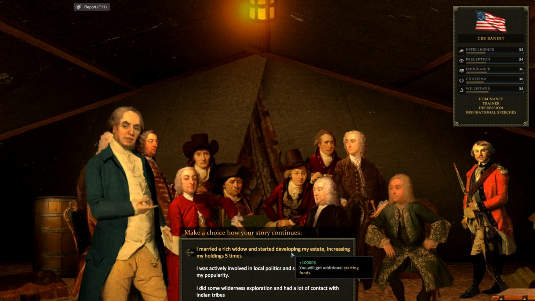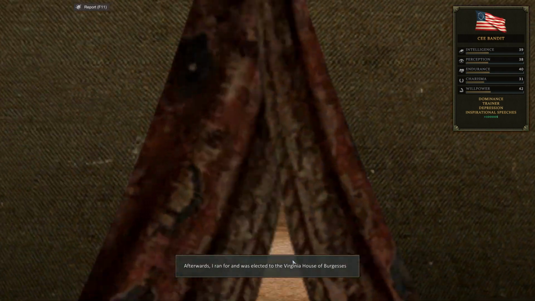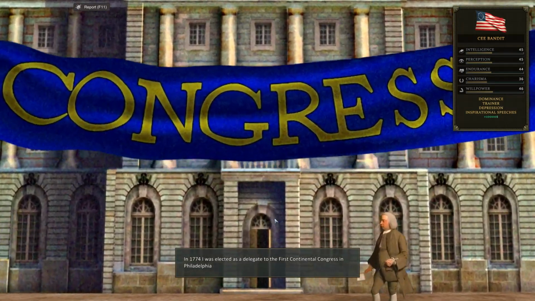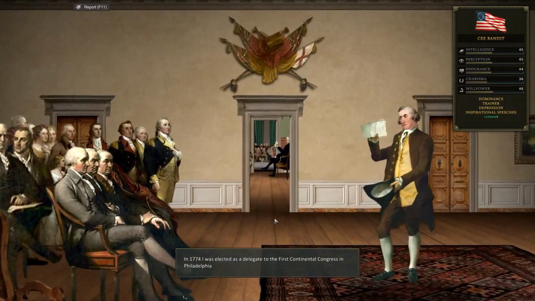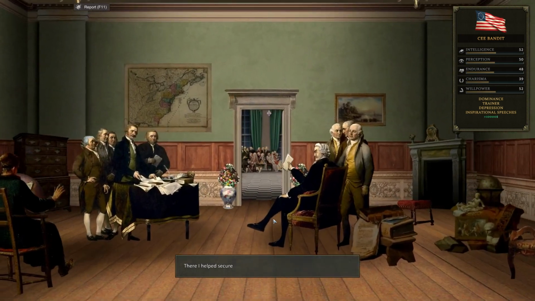be the big one. Afterwards, I ran for and was elected to the Virginia House of Burgesses. In 1774, I was elected as a delegate to the First Continental Congress in Philadelphia. There I helped secure...